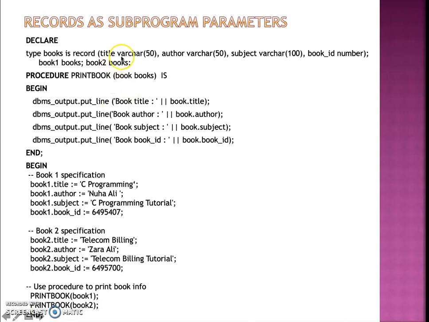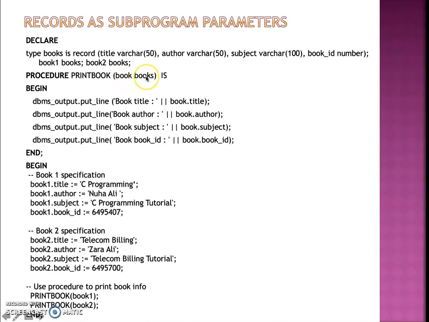We can also do some programming with subprograms. Subprograms are nothing but a small function inside a program. Like any other programming language, we can make sub-functions in PL/SQL also. And this is the procedure. In the earlier program, we have added a new part known as procedure print_book. This statement is creating a function called print_book, and this is the parameter book of books